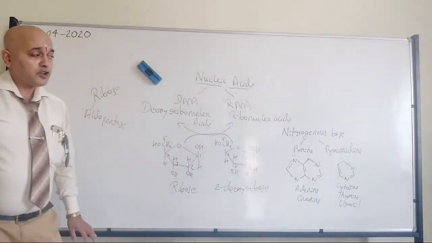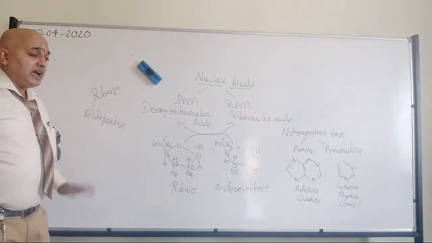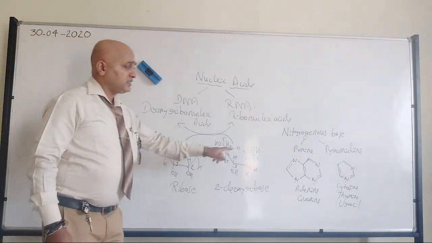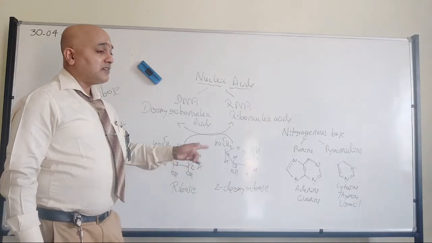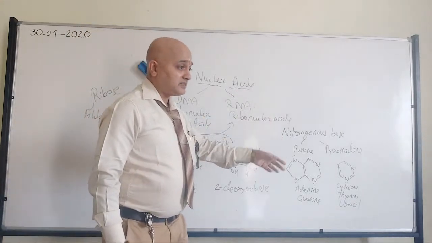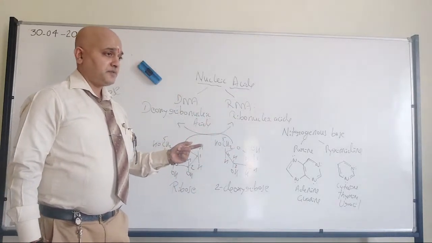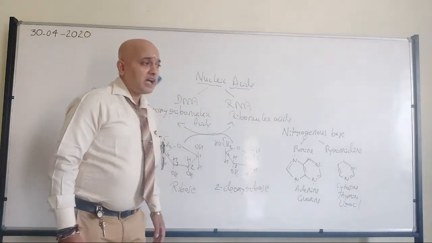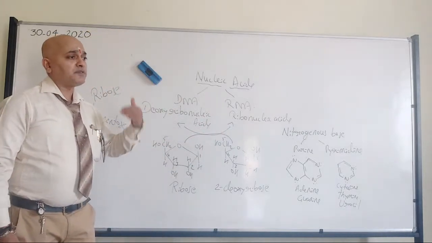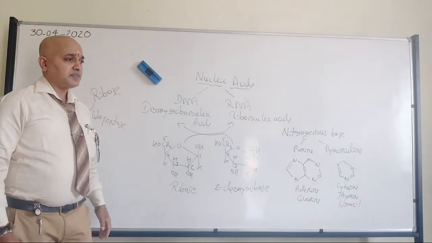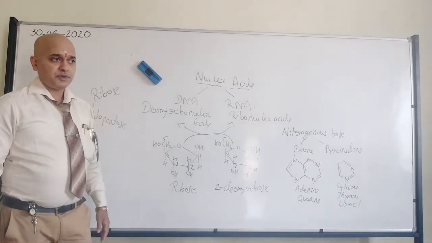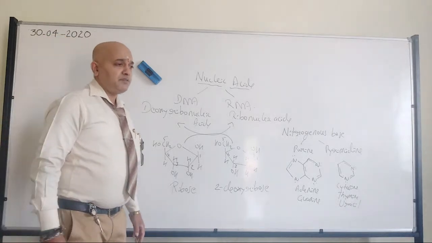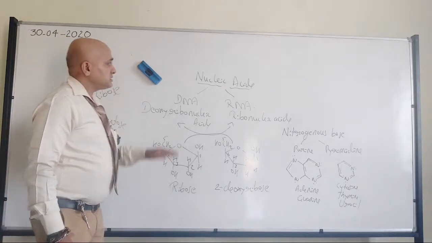Anyway, I will stop here. While coming tomorrow, you should be thorough with these nitrogenous bases. When I ask which are the pyrimidine bases, you should answer quickly. In the same way, if I ask for an example of purine, you should answer very fast. Fine? In the same way, ribose and deoxyribose. So tomorrow once again we will continue. Any doubts?